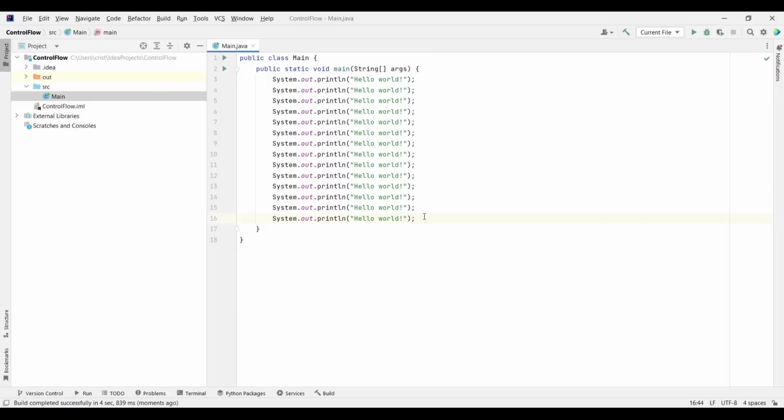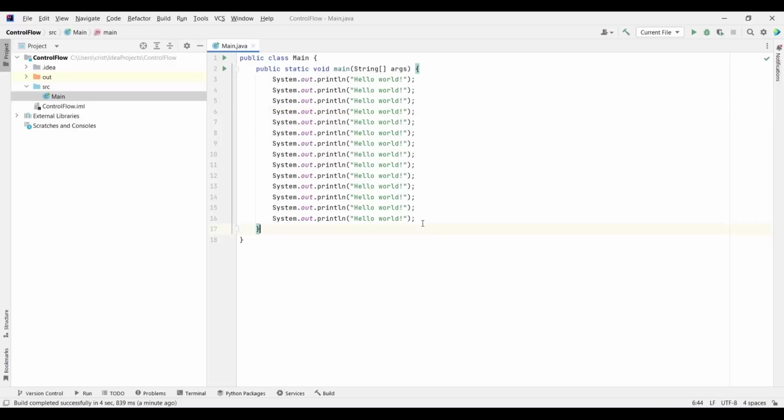But we as programmers want the computer to make decisions. With an if statement, you can break the flow of the program, which is linear, line by line, and you can say to the computer, hey, execute this particular section of code only if this condition is true. Otherwise, skip this particular section of code. You can impose a condition, and based on that condition, some particular section of code is going to be either executed or skipped.